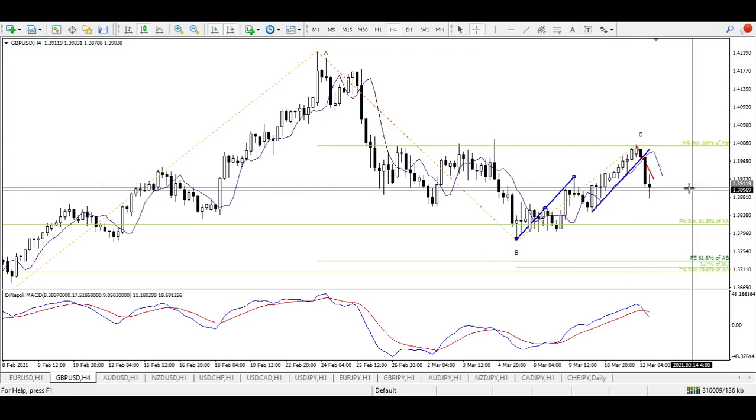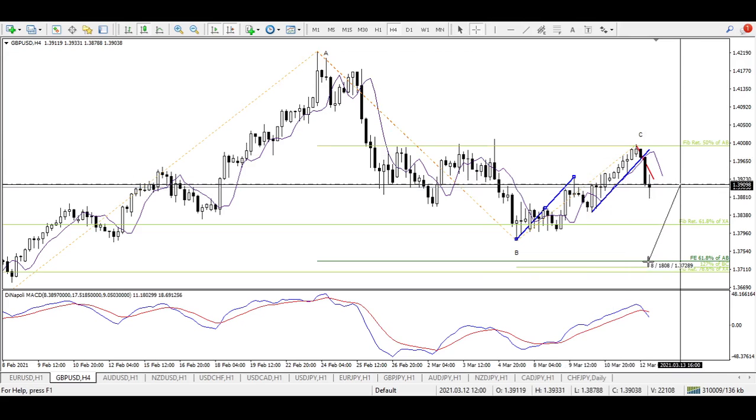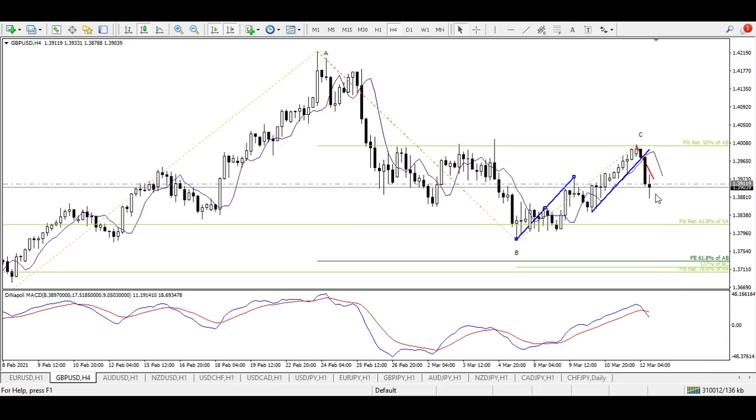is 180 pips, whereas the risk is something around 97 or 100 pips. So 100 pips versus 180 pips is what we have in this trade. So if you're watching the video, you can take the sell position. Now let's talk about how I figured out or determined the target.